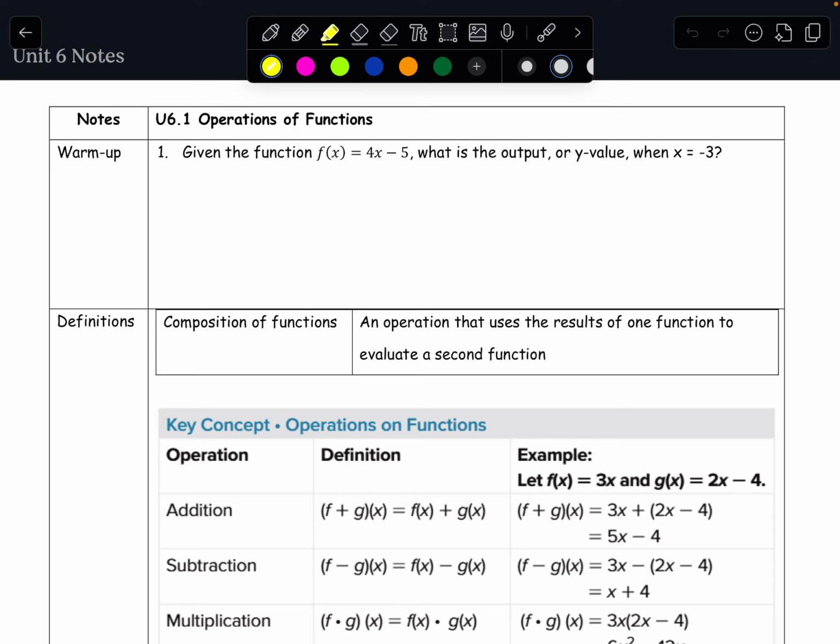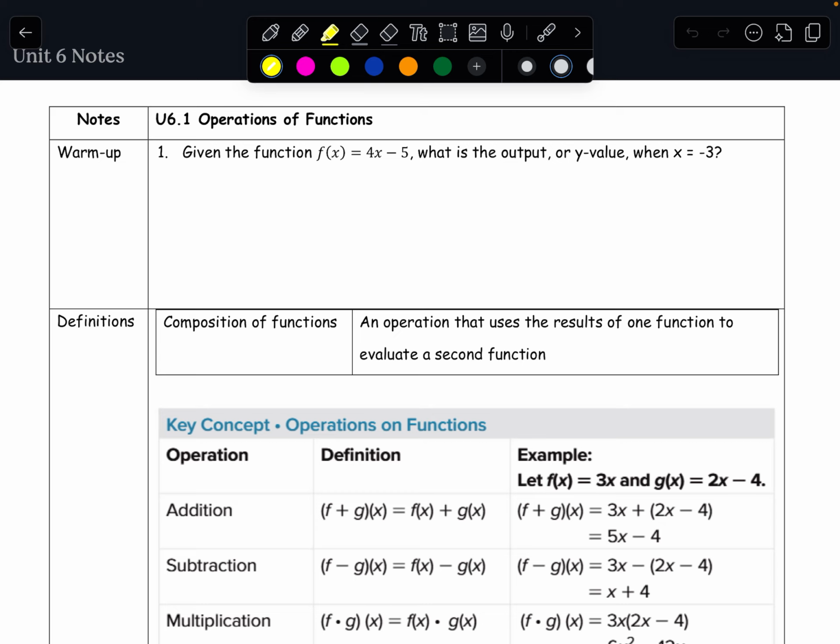So we can have functions, like f of x equals x plus 2. We're going to be working with those and combining multiple functions using addition, subtraction, multiplication, and division, and also evaluating. So your warm-up is, given the function f of x equals 4x minus 5,